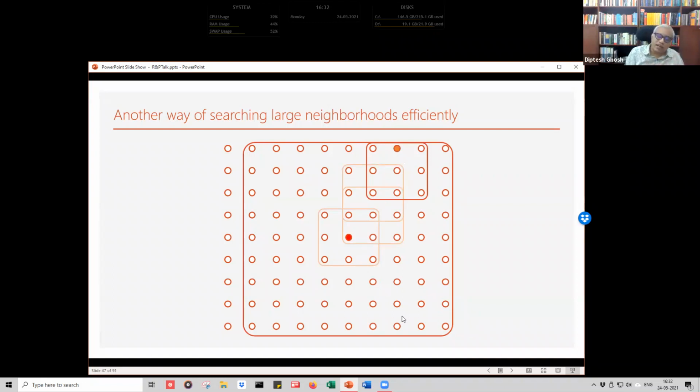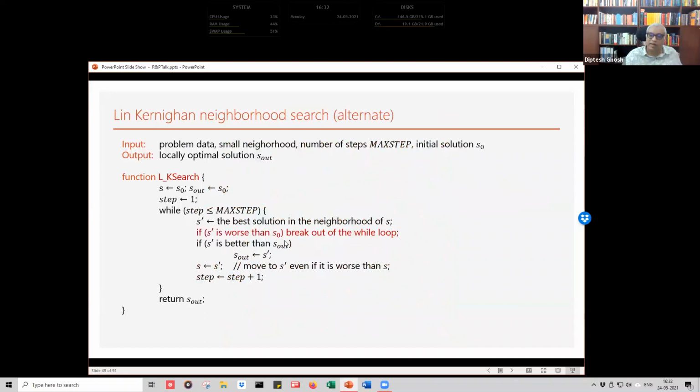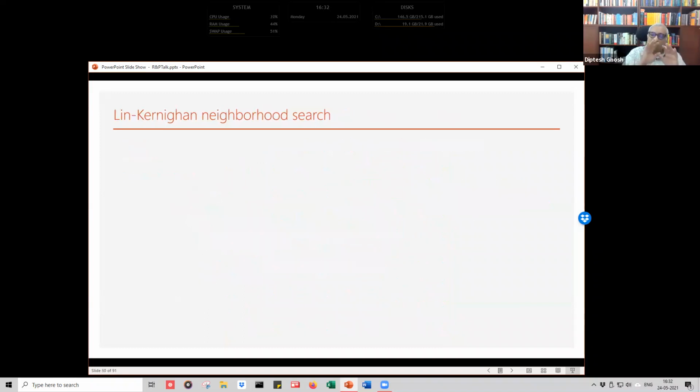So I can take the large neighborhood as all solutions that can be reached by, let's say, 5, by running the search with the small neighborhood 5 times, right? So if you do that, then you would see that that leads to a search which is called the Lin-Kernighan neighborhood search, which is very useful. So let's forget this for the time being, and let us talk about the Lin-Kernighan neighborhood search in terms of